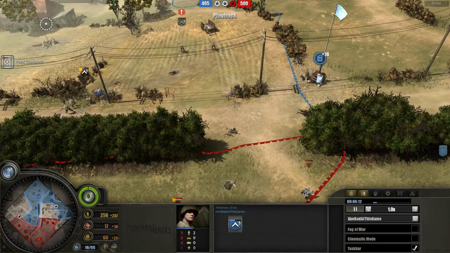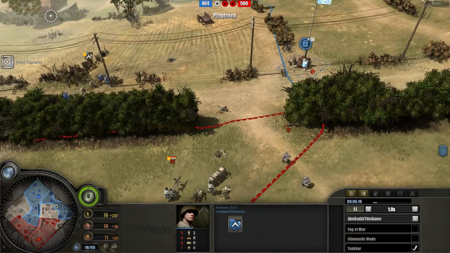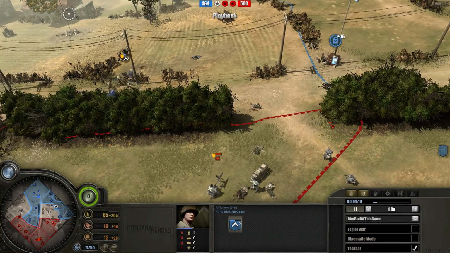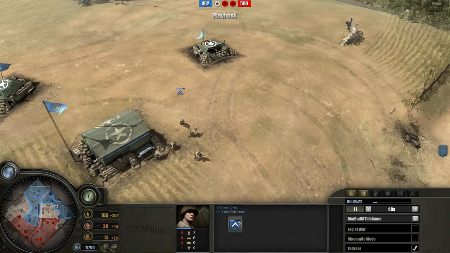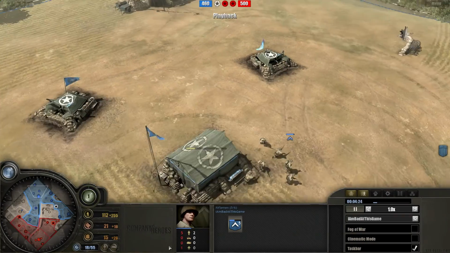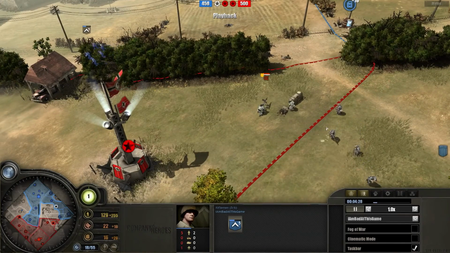But sadly, this Rifle squad got caught in the MG because I didn't notice it fast enough. But what I was saying is, I have the fuel, my opponent does not have a fuel, so I am getting ahead of him in terms of fuel income, which is how it should be when you're playing. You always want to be ahead of your opponent in every single resource,